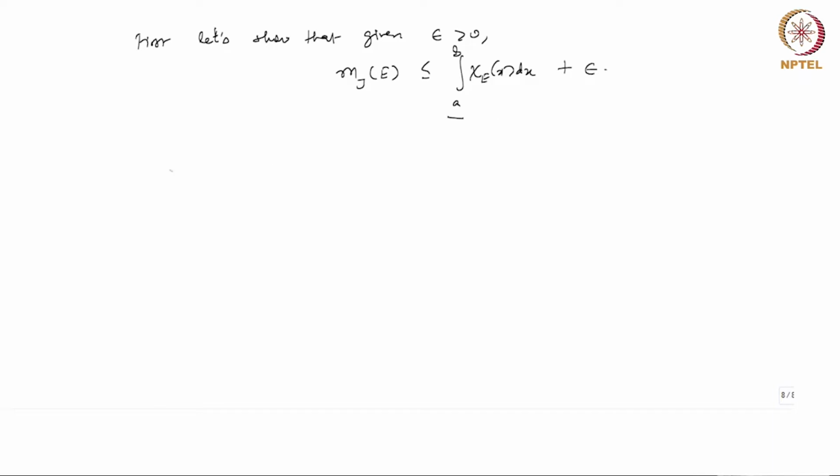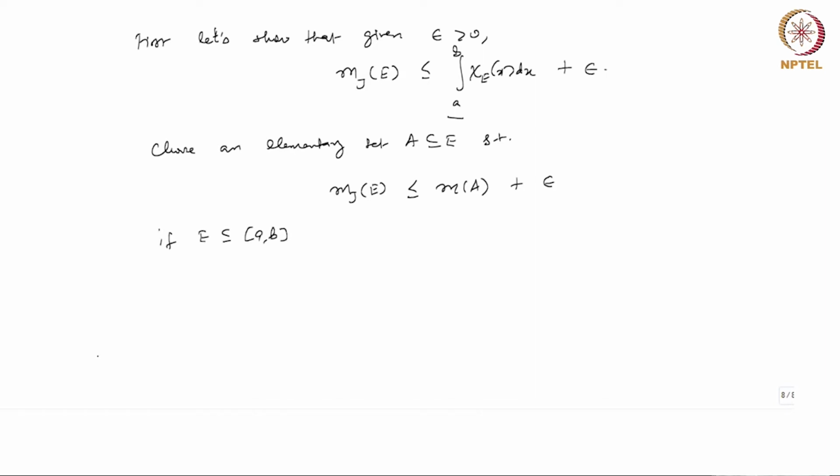So to show this, choose an elementary subset A of E such that the inner Jordan measure is less than or equal to m of A plus epsilon. Now if E is a subset of this interval AB,